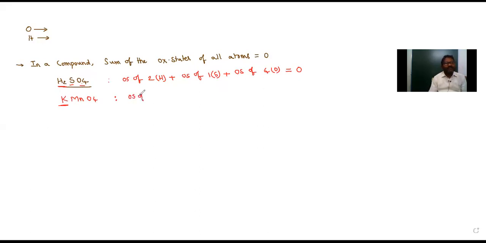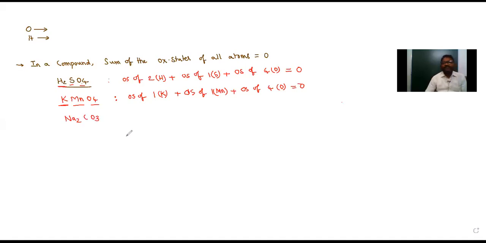So, oxidation state of 1 potassium atom plus oxidation state of 1 manganese atom plus oxidation state of 4 oxygen atoms. Sum of the oxidation states of all atoms is equal to 0 because it is a neutral compound. No charge is carried by KMnO4 or H2SO4. For example,